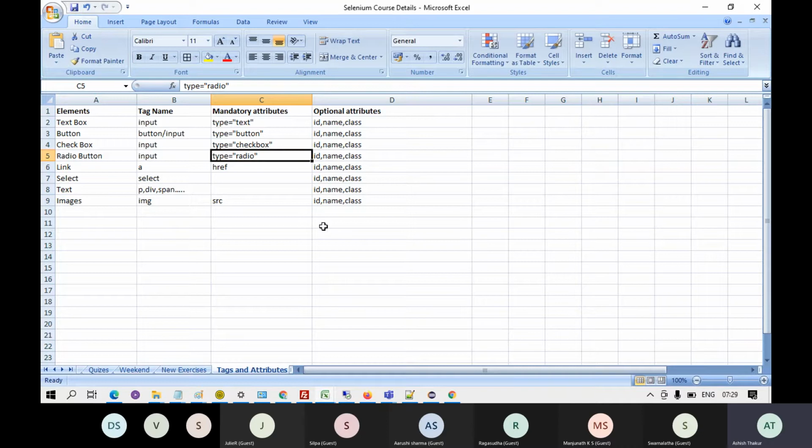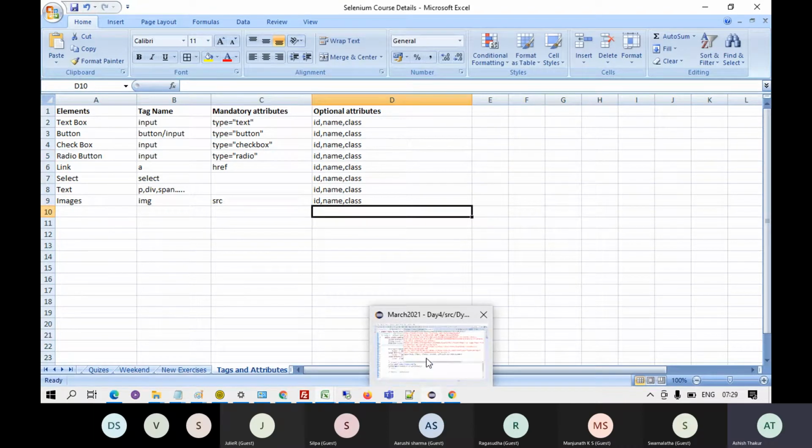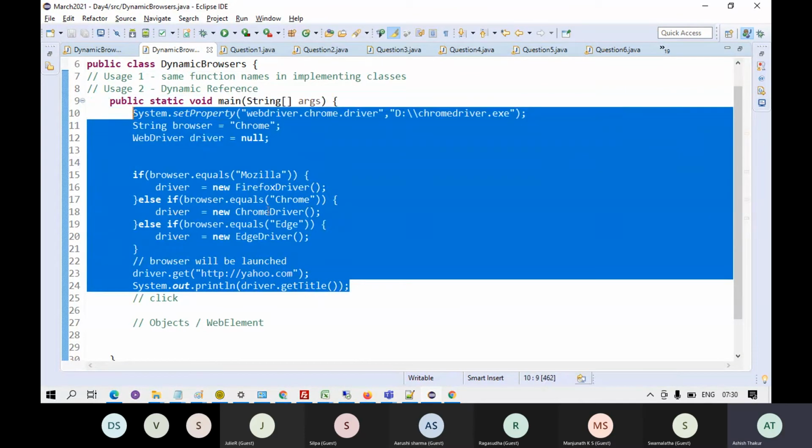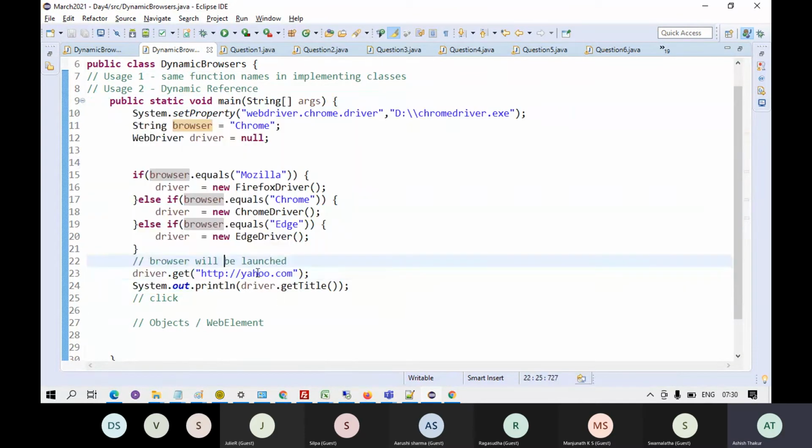Now let's write some code to identify the elements and extract the elements. Let's write a simple script wherein I will use this particular file only, and we will go to the website, say Zoho.